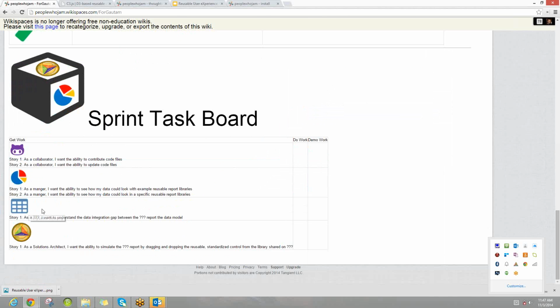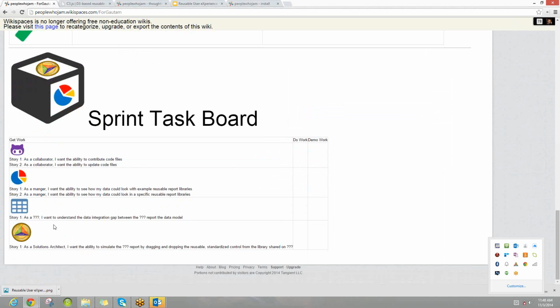This is the data one, so I haven't quite figured this one out. But as a question mark, I want to understand the data integration gap between the report data model, saying you have to have data set up this way, and the present state logical model of the landing page. We want to know ahead of time that a report that we think looks nice has a gap with our data. That's very excellent information to be receiving this early in the project. And then lastly,